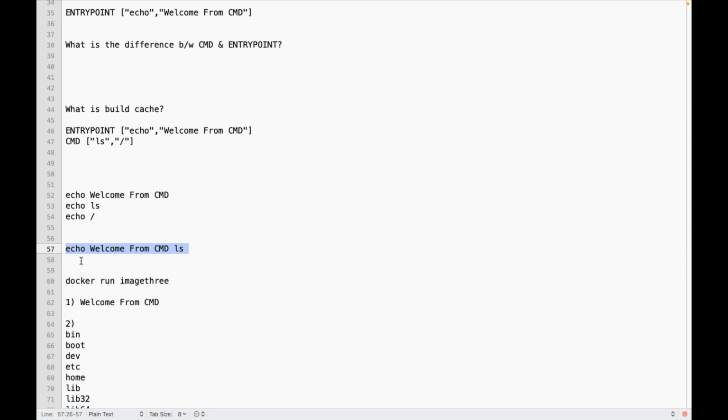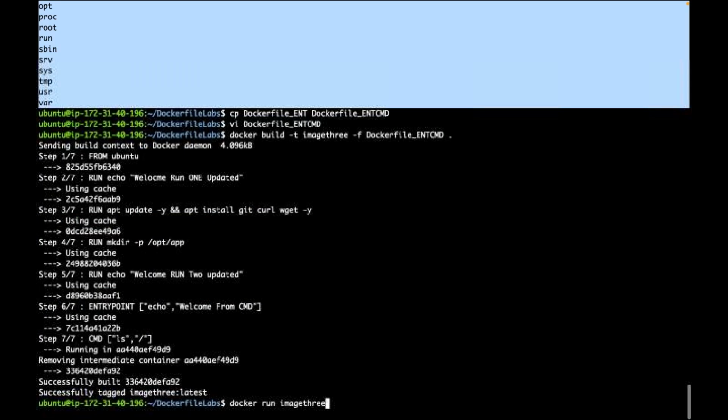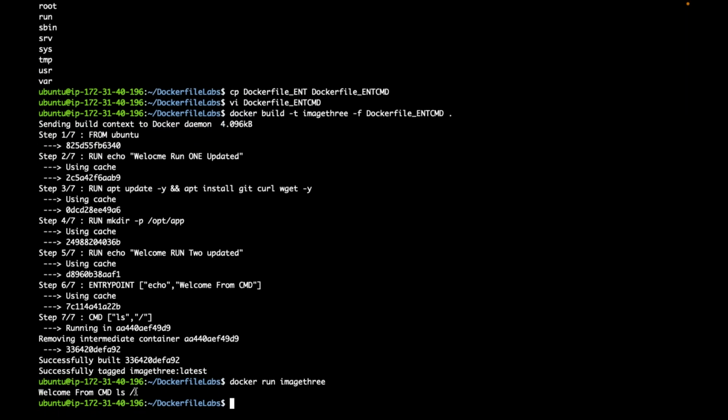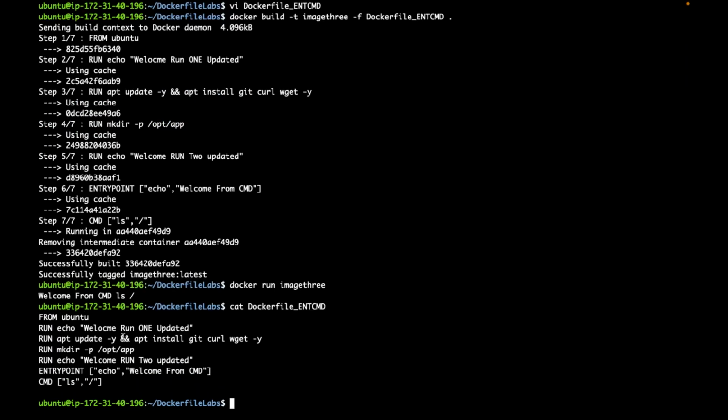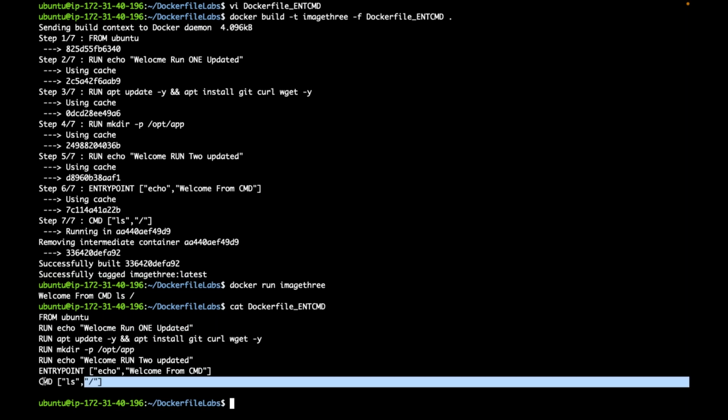Yes. Let me show that. Do you see that output? If I have something like this, do you see that output? This is your entry point. This is one argument. This is another argument. This is another argument. If I have both like this,